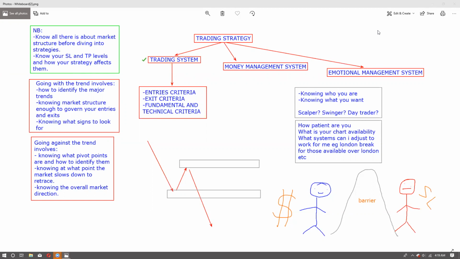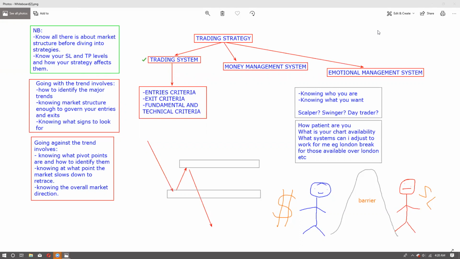Because at the end of the day, if you have the perfect trading strategy that makes maybe 2 losses out of 10, but in those 2 losses you end up risking more than what you were risking in all the other trades that you won, you'll end up on a losing streak rather than on a winning streak, and that will be blamed on your money management system, and we all wouldn't want that to happen to us.